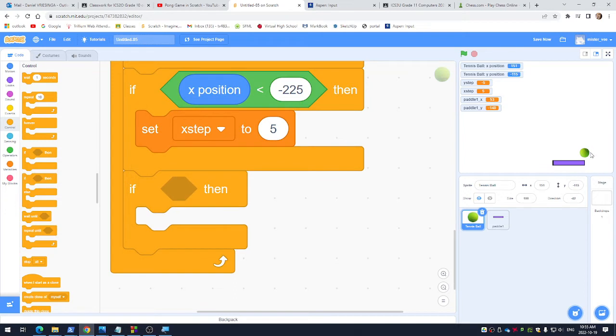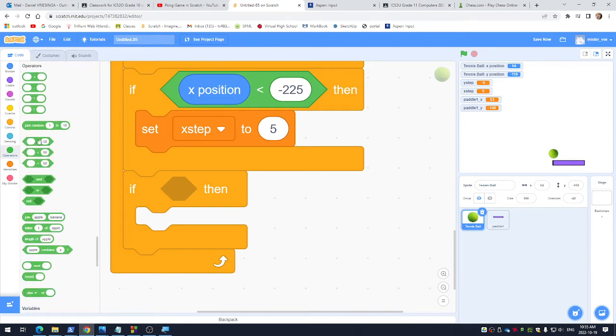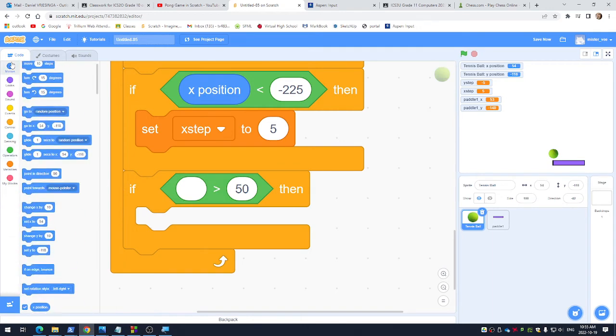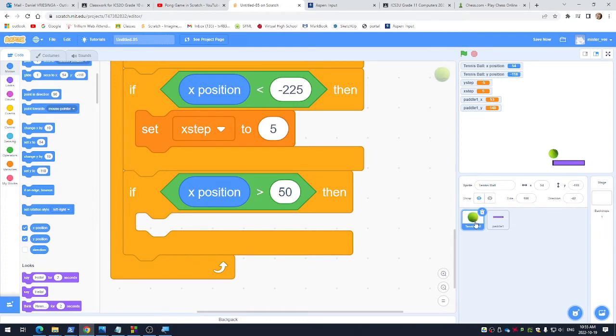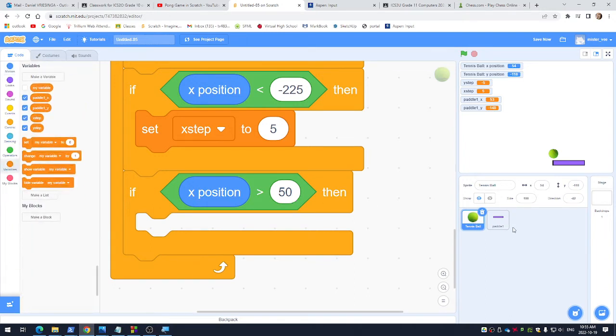Okay, great. And what did I say? I want the ball's position to be greater than the paddle's position. So I'm going to do a greater than. And the ball's position is simply just the X position right here, because I'm on the tennis ball code. And then the X position of the paddle has been transferred over through this variable. So if the X position is ever greater than the paddle's X position,